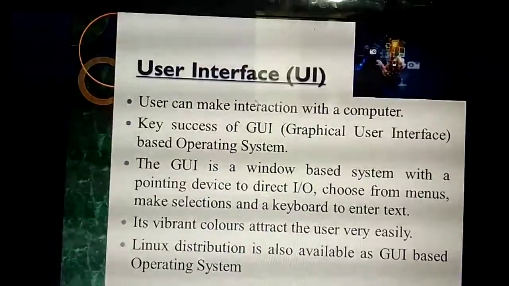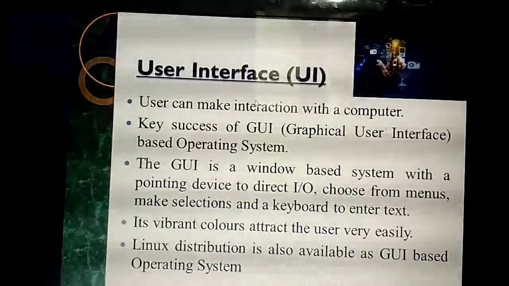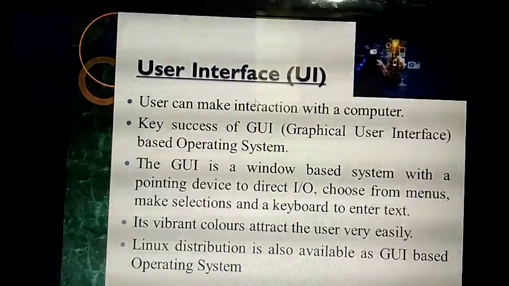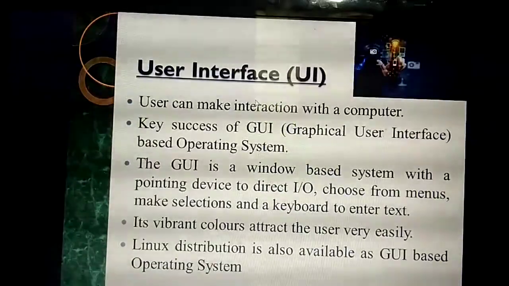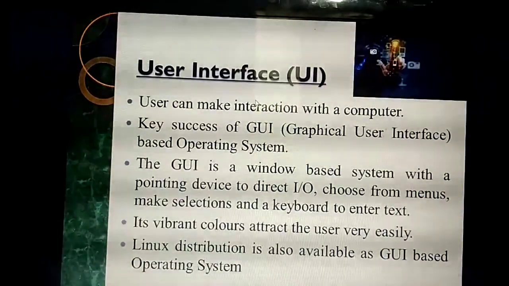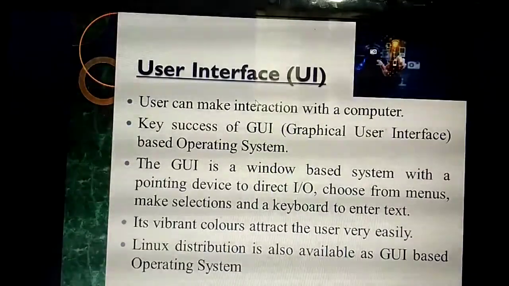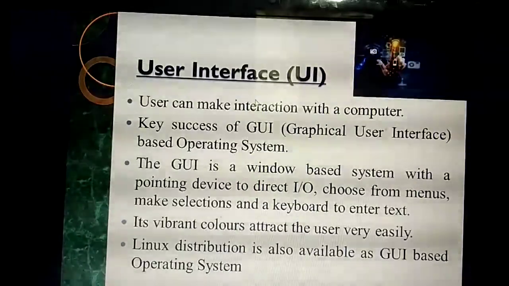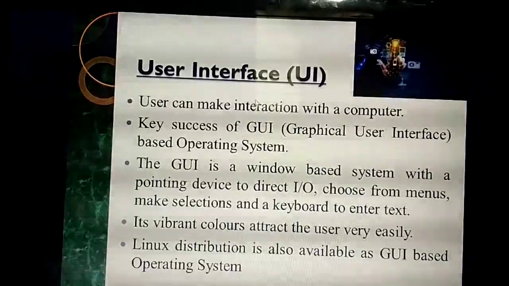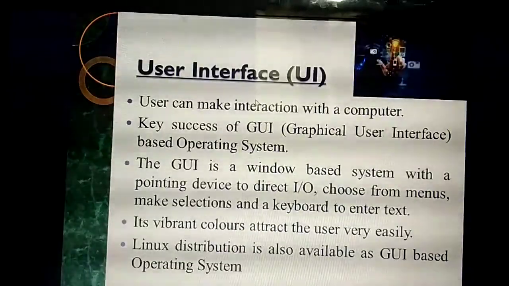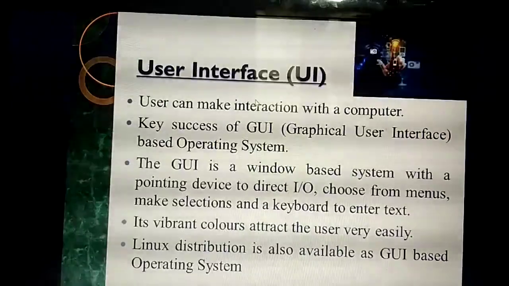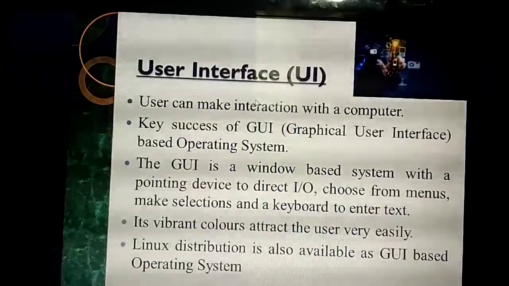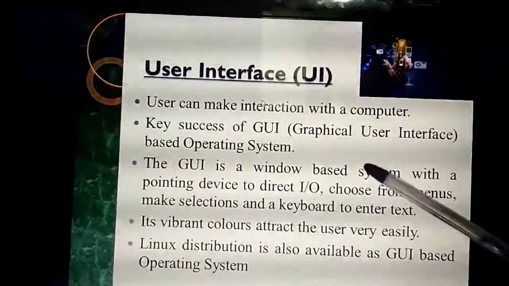Okay, next slide. This graphical user interface means, for example, you are going to fill one form. Separately, you should write one form, you are going to write your name. Next page, you are going to write your address. In the next page, your phone number. Next page, your parents' details. Would you prefer that to apply for one form? In a single form itself, you can write all the things, but they have given nearly 10 papers to fill. Would you prefer that? No. So that is not user friendly. All these things you can do in a single way. That is called as what? That is called GUI.